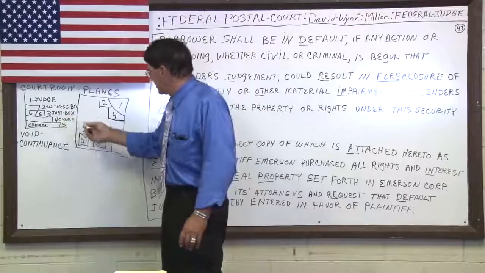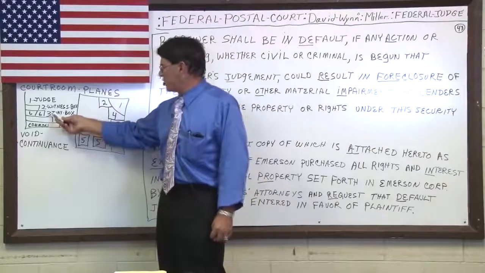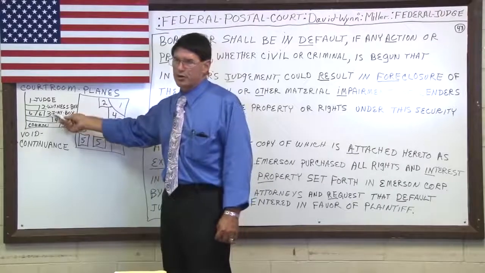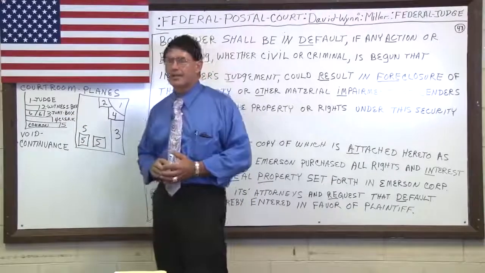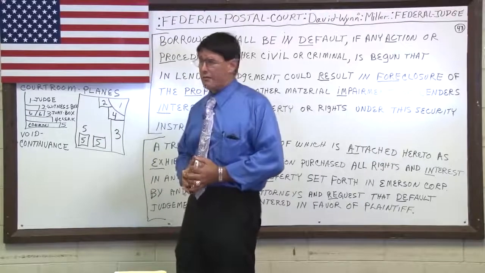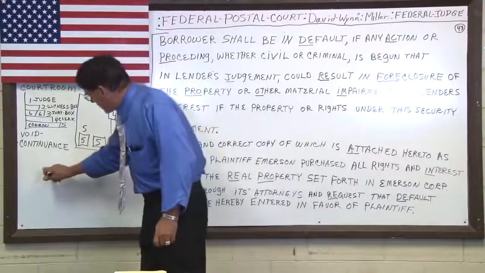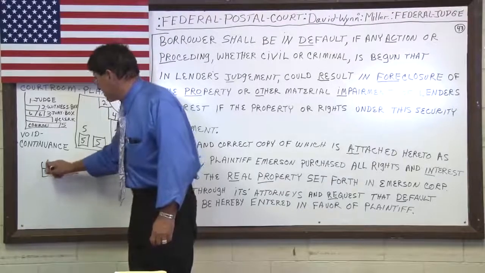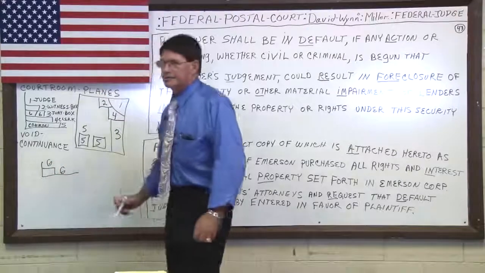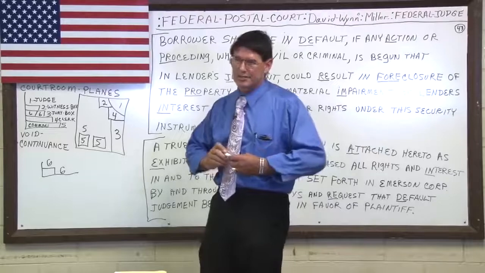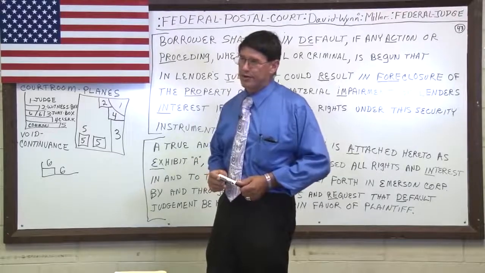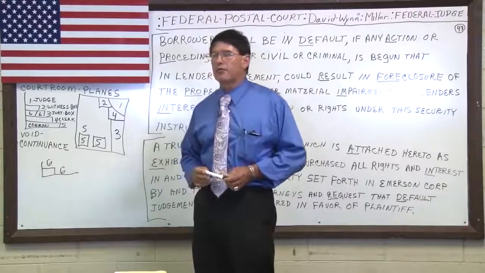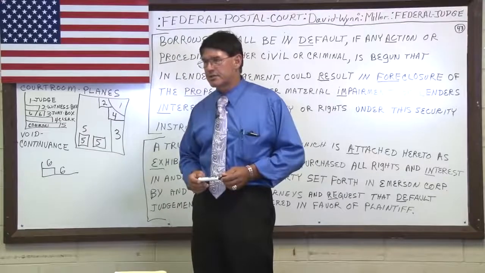The jury is plane number 3. A jury, J-U means outlaw or no law, and R-Y means contract. That's called per se, because the jury is, in the laws of the United States, required to be a 12-man jury. Well, one little difference is you have the jury box, but there's 2 different planes. 6 people sit here and 6 people sit there. So you have 2 petit juries of 6 and 6, which is not a 12-man jury. And they put it in a box, and if you look up the word jury box in Black's Law Dictionary, it says, an area where people cannot see witnesses or hear evidence.